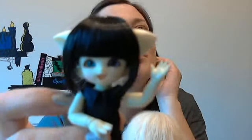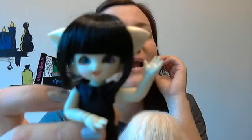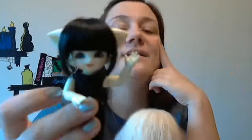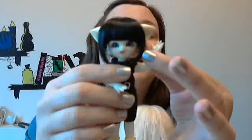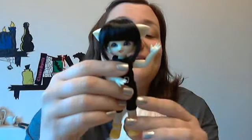Pookie Pong Pong. Po is her name. She is a little cat girl. This is how she came to me. I haven't changed anything on her because I love her just the way she is. She's a little troublemaker. But I love her, and because of her and her amazing movements with the Fairyland dolls, even at such a small scale,